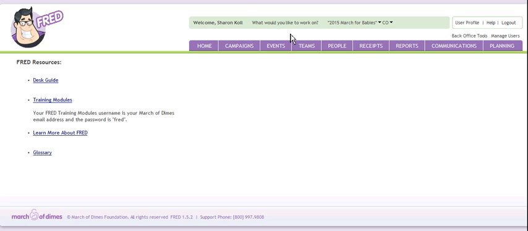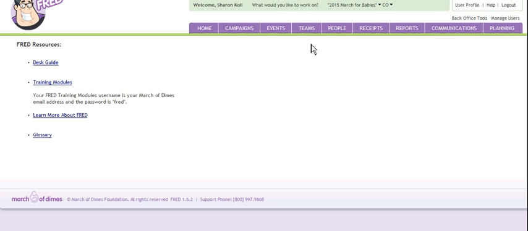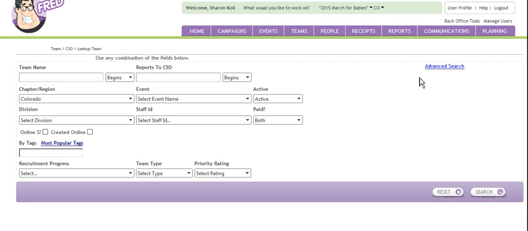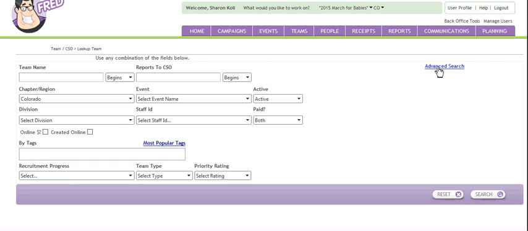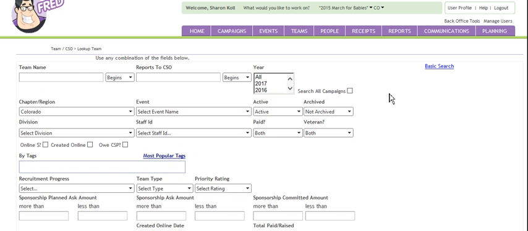As always, log into FRED and make sure you're in the current campaign year. Before creating a new team or CSO, I always conduct a search first to avoid creating a duplicate. Go to the Teams tab and click on the drop-down and select Look Up Teams. Once there, click on the Advanced Search button,